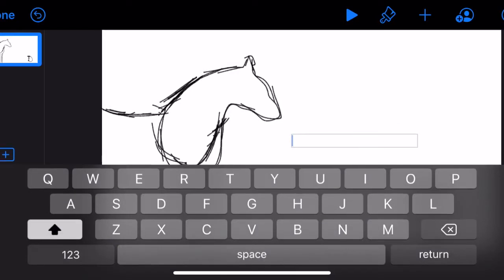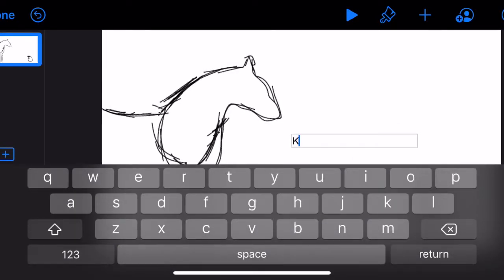Sometimes you have to mess around. There we go, and the keyboard should come up. And now I need to think of a quote. I'm going to have a quite basic one here. I'm going to have kindness